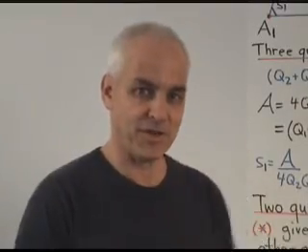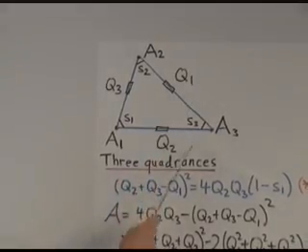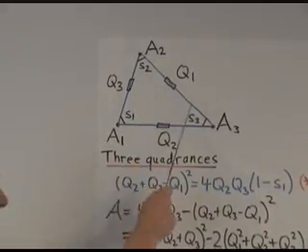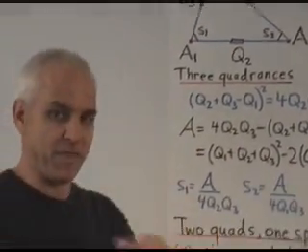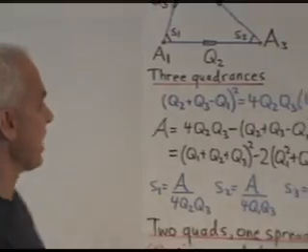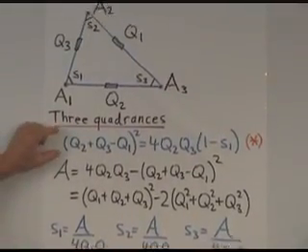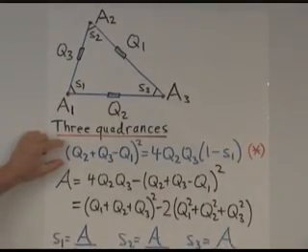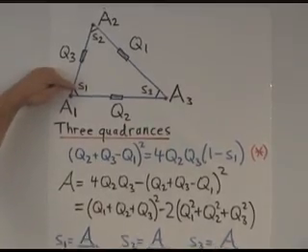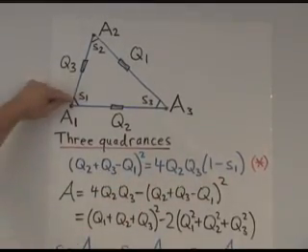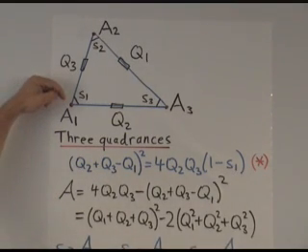Alright, now let's look at the general triangle. Here we are, A1, A2, A3. Quadrances Q1, Q2, Q3, and spreads S1, S2, S3. The typical situation is we know 3 of those, and we want to find the other 3. The simplest case is when we know all 3 quadrances. Well, then here's one of the fundamental laws, the cross law. In this case, I've expressed it in such a way to get S1. There are actually 3 cross laws, one for each spread. This one allows us to find S1 if we know the 3 quadrances.